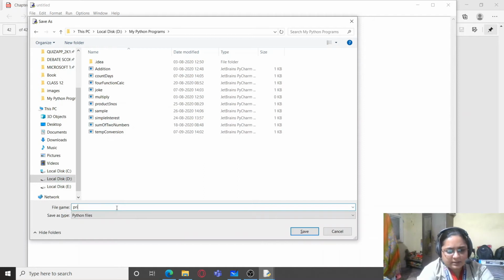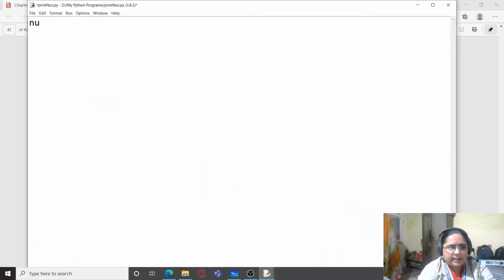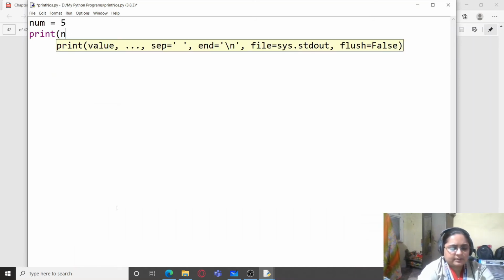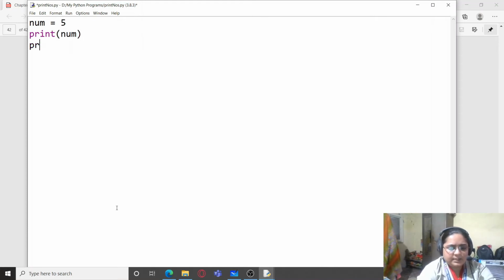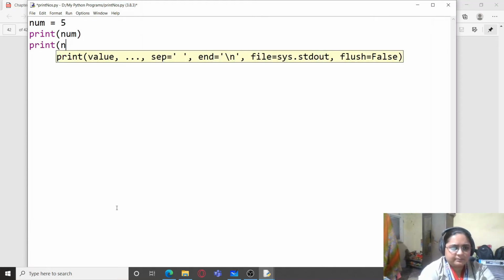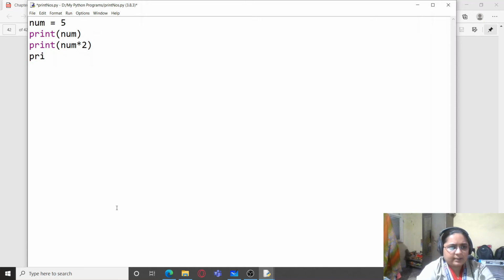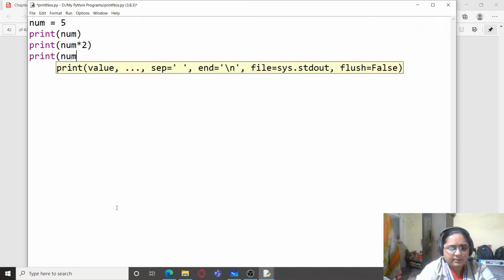So I will just say print nos.py, and let me take num equals 5 and print num, next is print num. Now the second one was to be 10, so num multiplied by 2, and the third one has to be 9, so num multiplied by 2 minus 1.